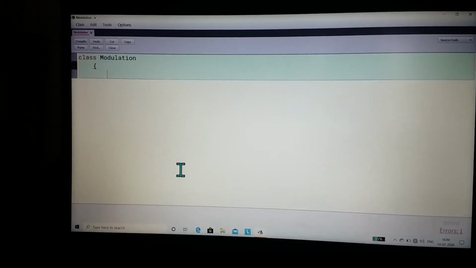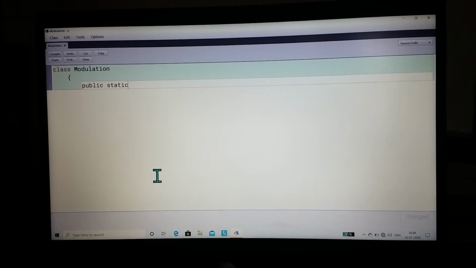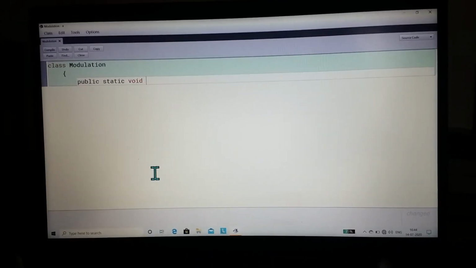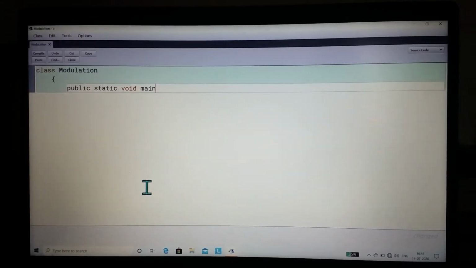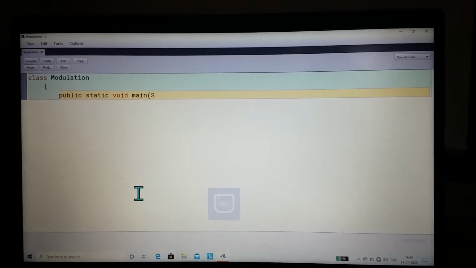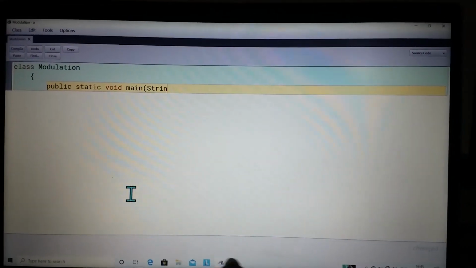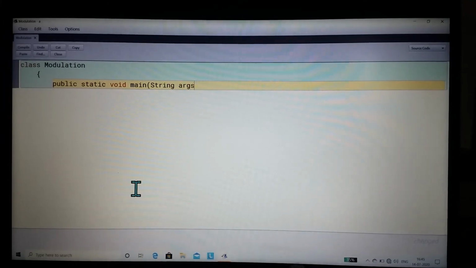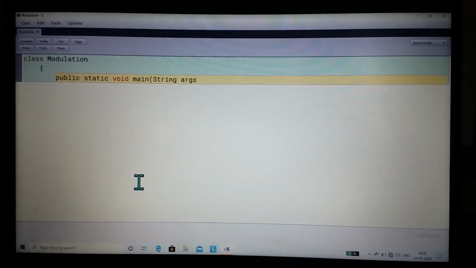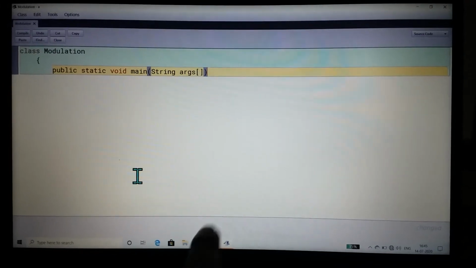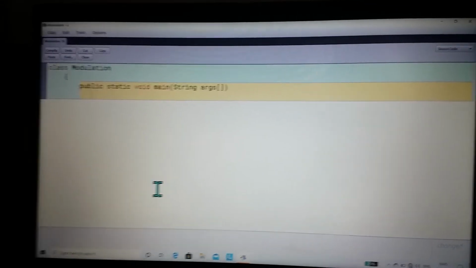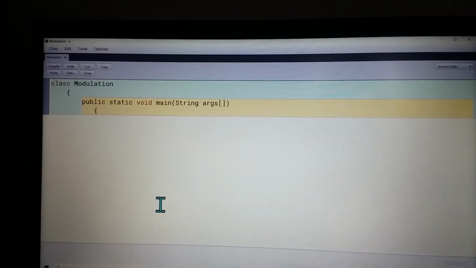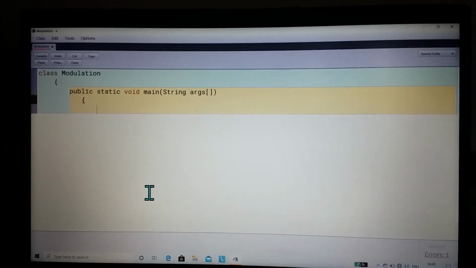Then you have to write public static void main. I have also told you it is necessary in every program. You have to write full in small letters only, public static void main. Now I am giving a small bracket, then S capital and String, then args, and then 2 big brackets, opening and closing. Now closing the small bracket, enter. Now again we have to give some spaces. Yes, enter. Now we have to write the body of the program.